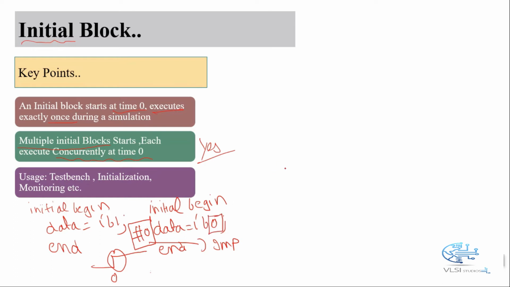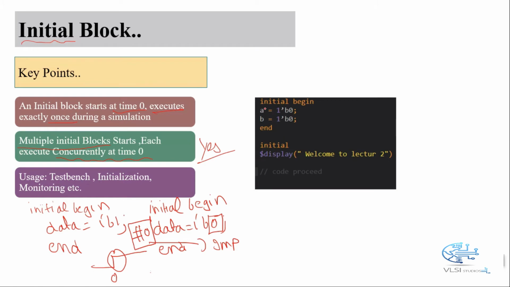Let's talk about the syntax of the initial block. First, the initial block is defined with the help of the reserved keyword initial, and then comes begin and end, which are generally used so that the statements inside are executed one after another and we can group them. If there is a single statement, there is no need to define begin and end. If there are multiple statements, to group them we have to use begin and end. So in the initial block here we define our two variables and simply initialize them with the value 0, and we can also monitor our values in the initial block.